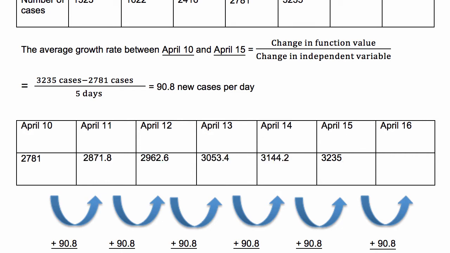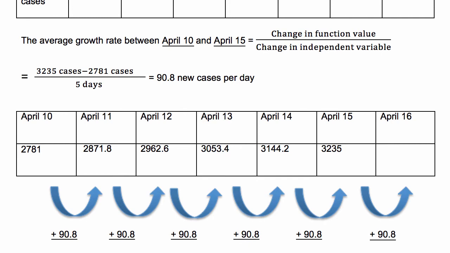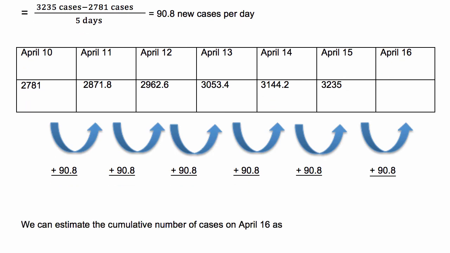The idea behind extrapolation is to assume that this growth rate will remain constant indefinitely. That is, we will assume that the number of SARS cases continues to increase by an average of 90.8 cases per day. We can estimate the cumulative number of cases on April 16th as